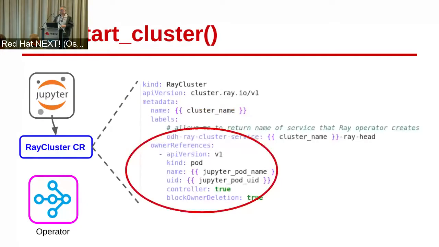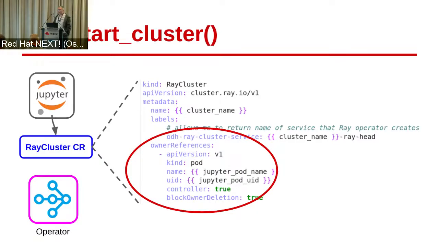It further allows us to do some cool tricks. One of the questions we had to answer is, well, if the launcher's not around to tear down our cluster, how do we do that? But Kubernetes actually makes that easy. There's a thing called owner references. So when I create the Ray cluster, all I've got to do is make sure that my Jupyter pod owns the Ray cluster, and what will happen is if your Jupyter environment goes away, you log out or whatever, the